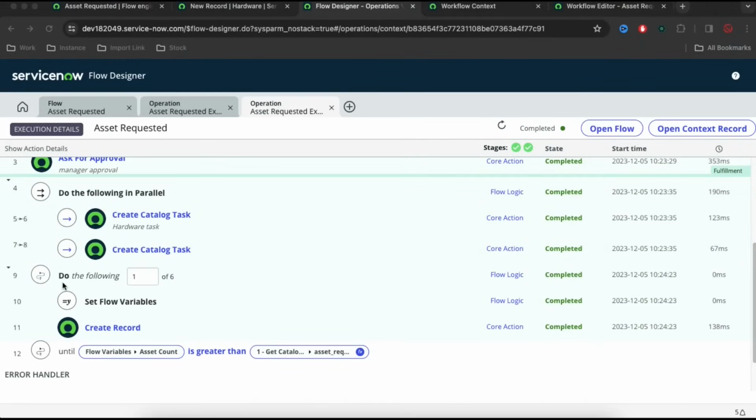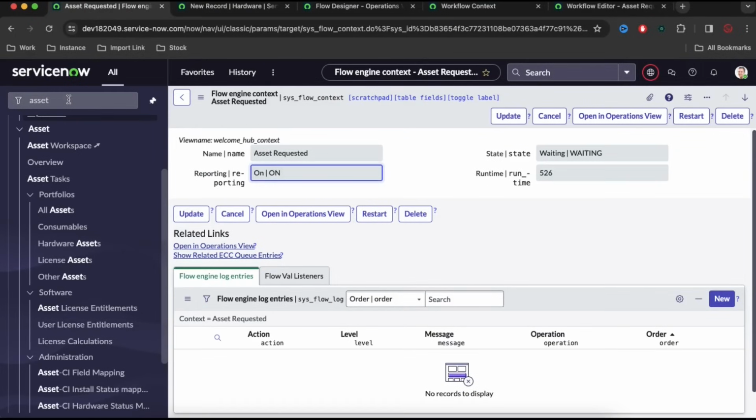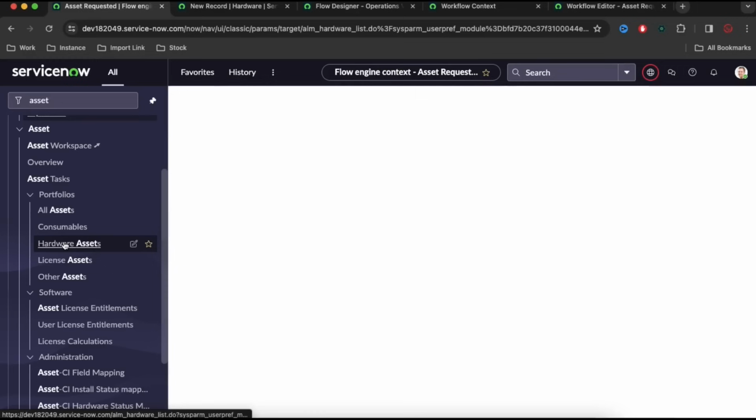So now if you see the do the following count is 6, which means this for loop runs 6 times. This loop runs 6 times and it creates 6 asset records. Let's go back to this asset table. I'll go to the hardware asset table